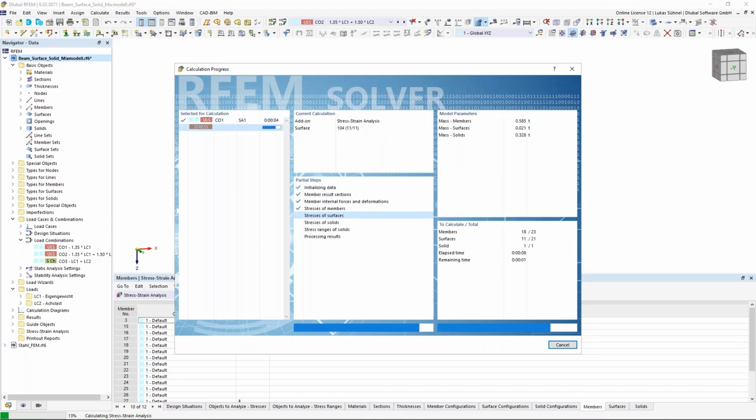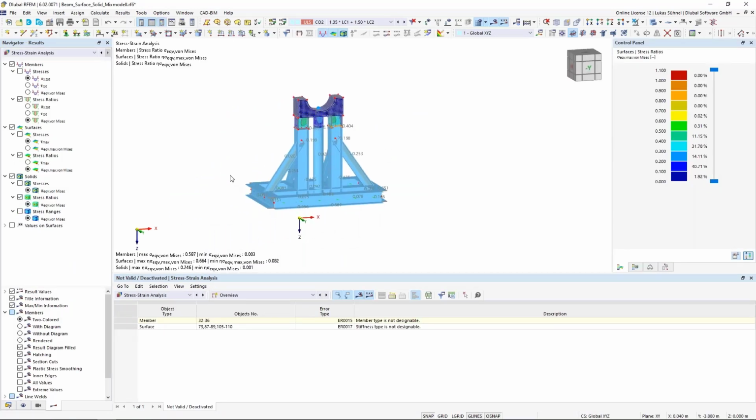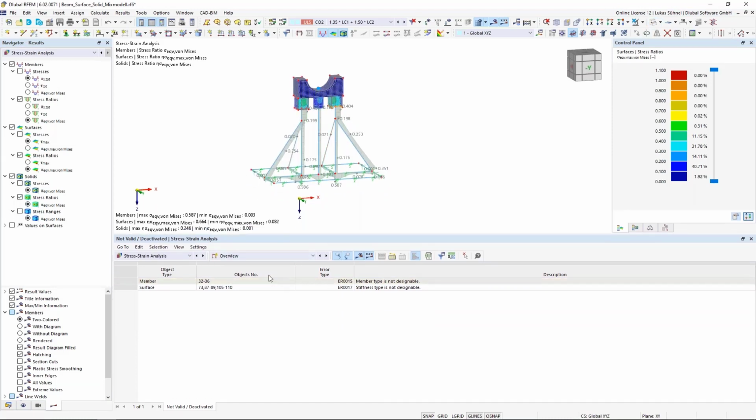All right. So after the analysis, we get results graphically and also in the tables. Let's start with the tables first. If there are design checks which are not fulfilled, or you have selected maybe objects that can't be designed, then you get an overview table. If everything is okay, you won't see this overview table. Just in case something is not correct or you get a warning, then it will show up as it is